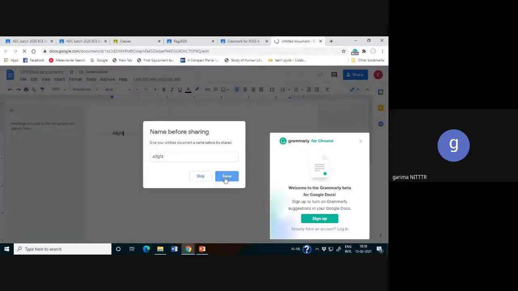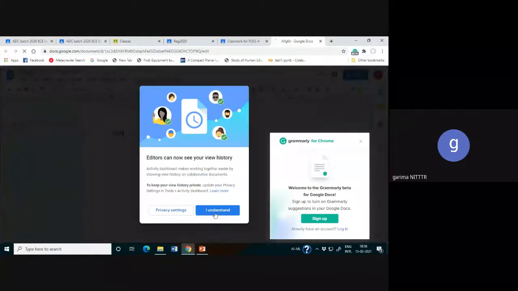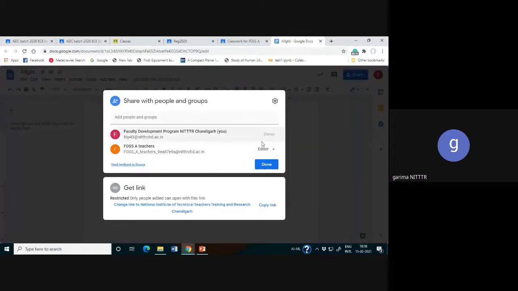It is asking me whether I want to share it. Restricted means only people added can open this link. So only those who are added can open these links, and we can click anywhere in the get link box. We can also add some additional people, and so on.